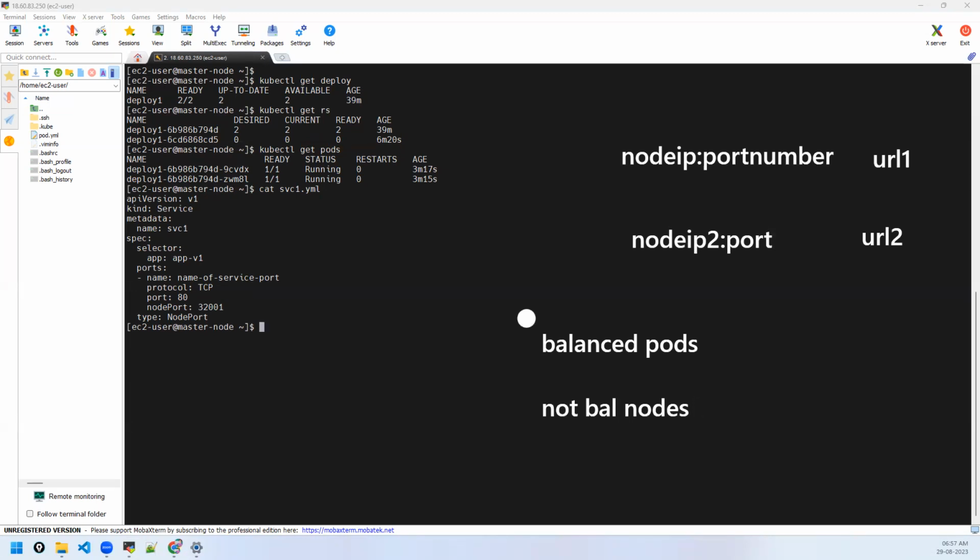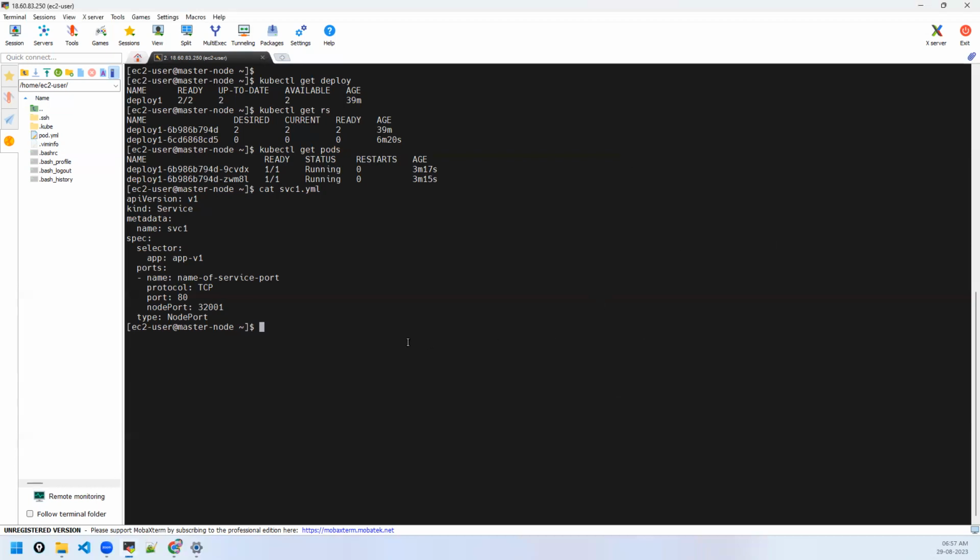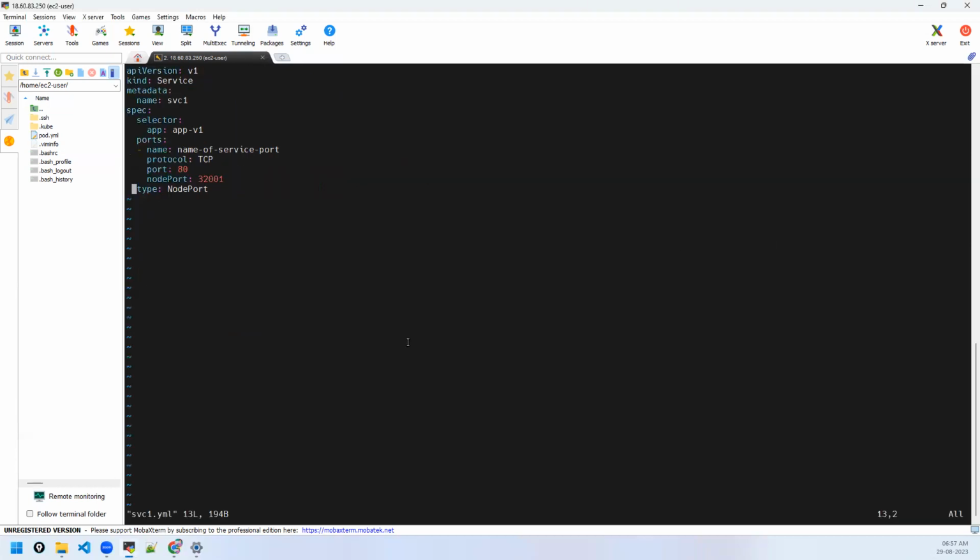Yeah. If that is the case, how do you handle this? It is not balanced across nodes. So we need a service where we should not depend on the node IP. Correct? That's where comes something called the load balancer type of service. Service type is load balancer. Okay, service type itself is called load balancer, meaning